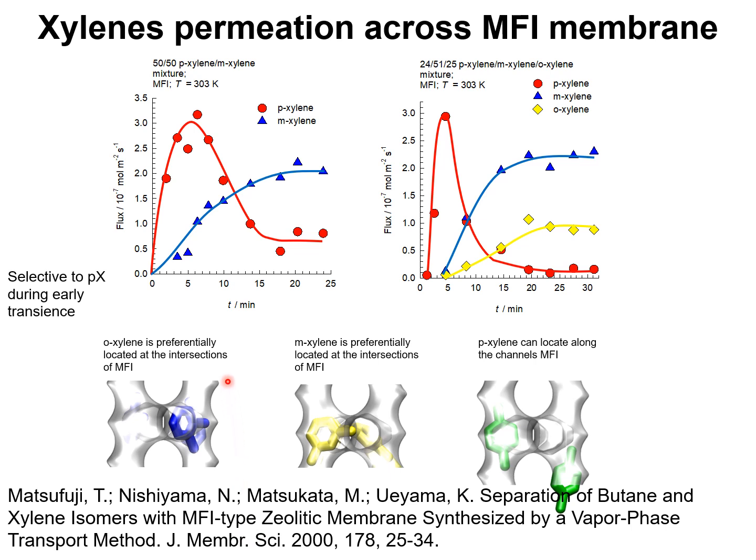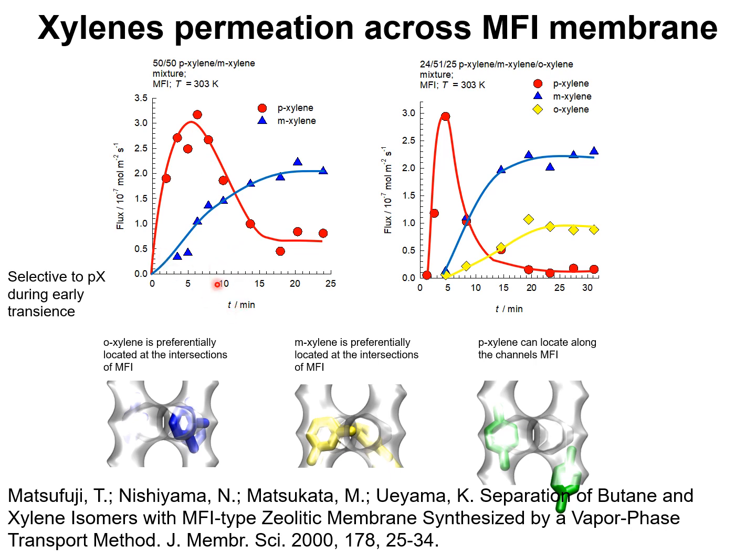Experimental data on the permeation of mixtures of xylenes have been reported by Matsufuji in the Journal of Membrane Science in the year 2000. I show here two sets of experiments for 50-50 para-xylene meta-xylene mixtures. This shows a pronounced overshoot in the flux of para-xylene